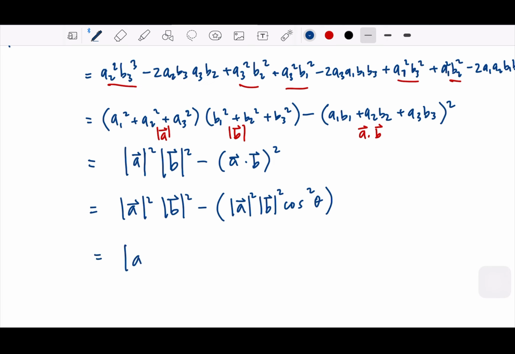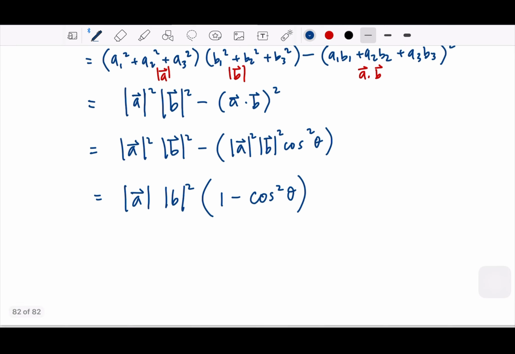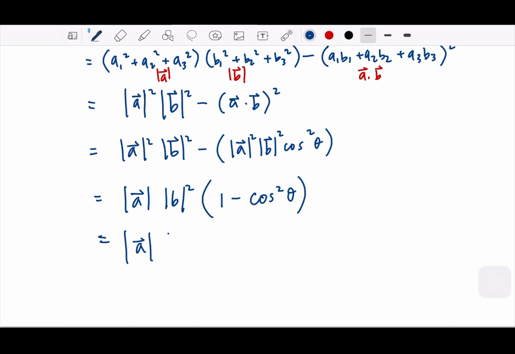And then we can factor out the a squared b squared. This will be 1 minus cosine squared theta, and by doing so we will get that 1 minus cosine squared is sine squared,